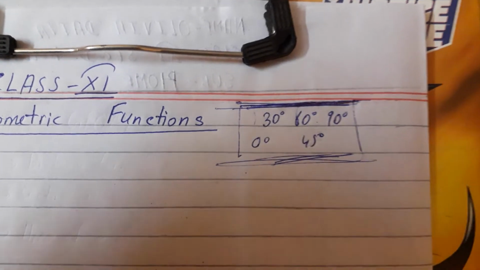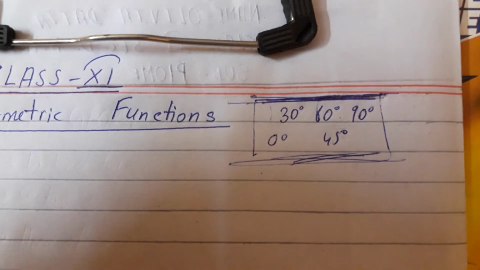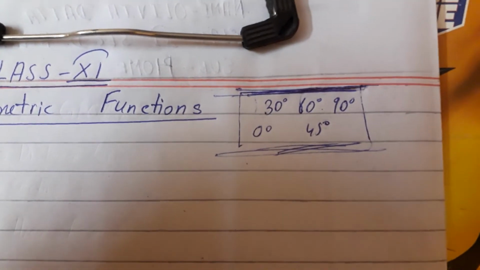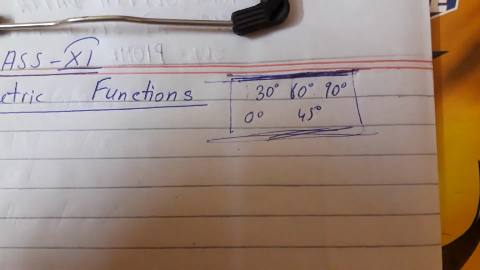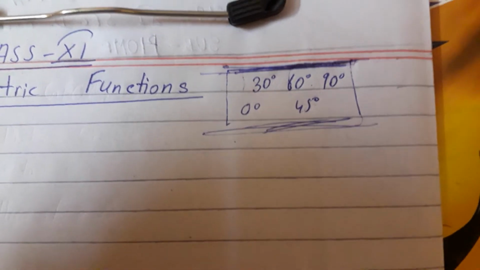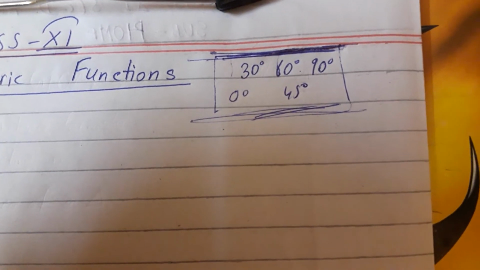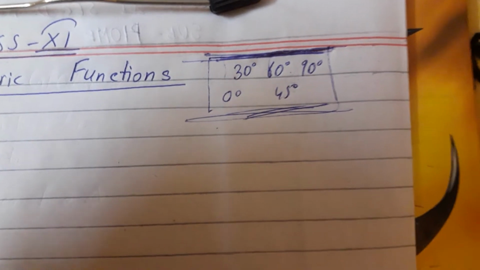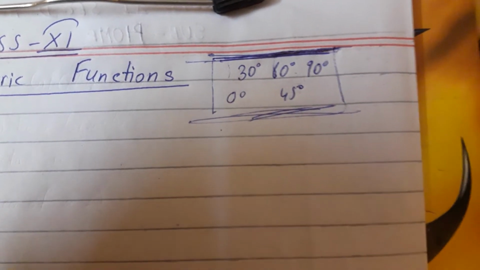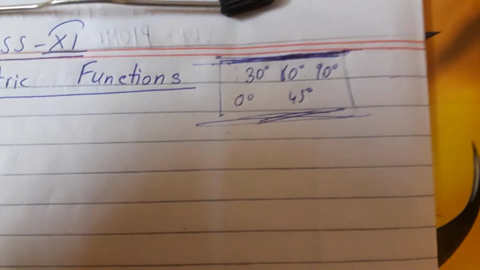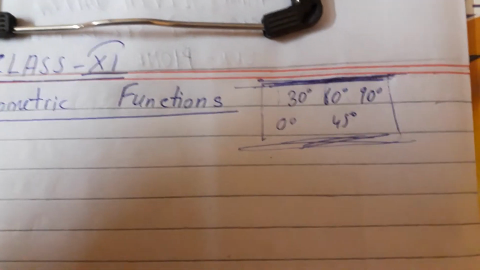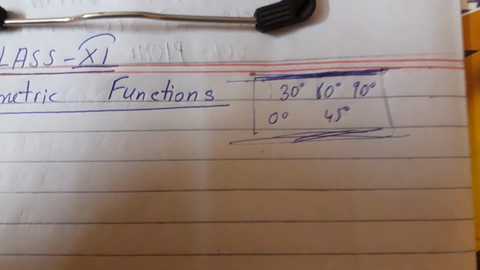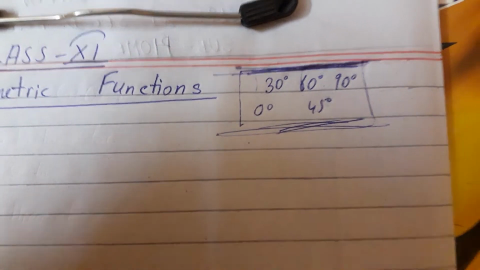Whatever may be the angle, maybe the degrees given to you, you can easily find it, and there is no need to remember those values. The angles can be 400, 330, 310, 110. There is no boundary. Whatever angles are given to you, you can easily find the values, and there is no need to remember them. You can find them your own way. But before that you have to learn a technique, so that by applying this technique you can easily find out any values given to you.